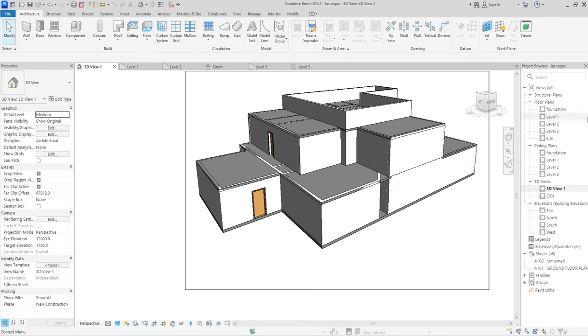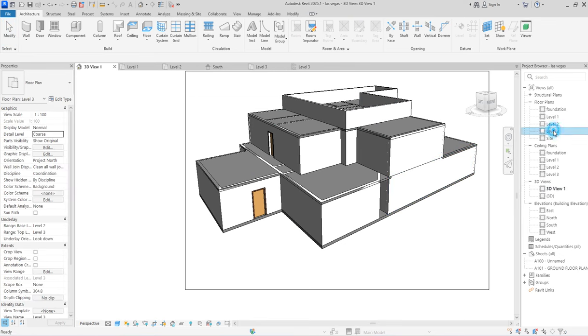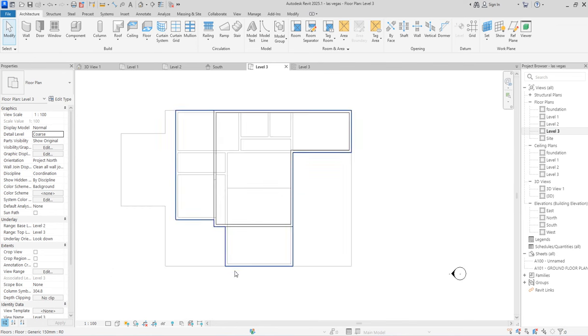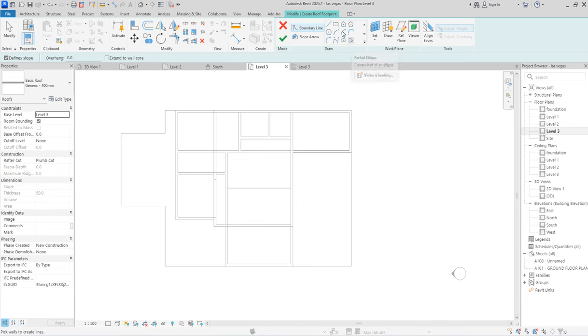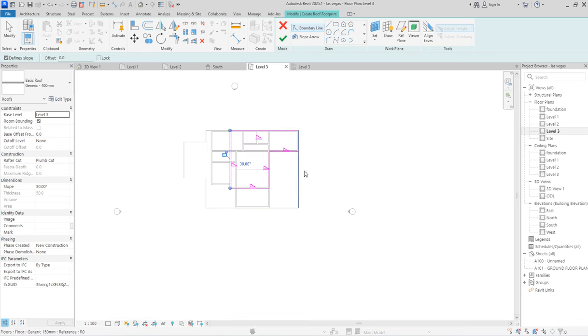So I want to deck the upper part of level 3 as well. So level 3. I'm not going to create another level for now. I just want to deck the whole area to this point. So you click on the floor again. Now you can use roof to do that, because that is the last part of the whole thing. So you do by footprint. So you select this. You select here. So you click, then you are done with it.